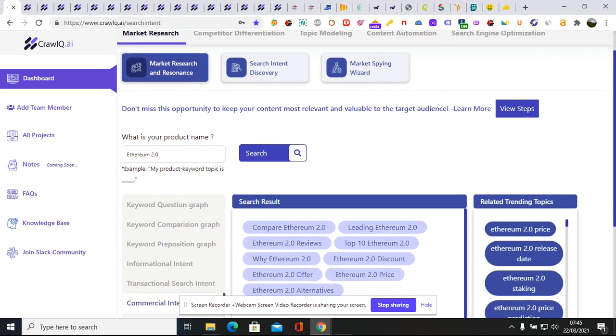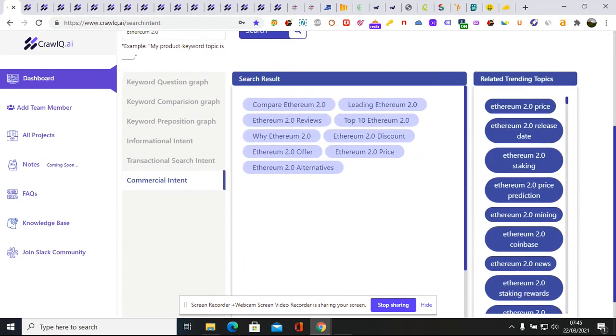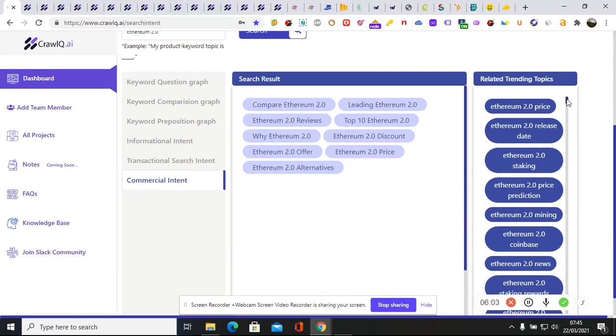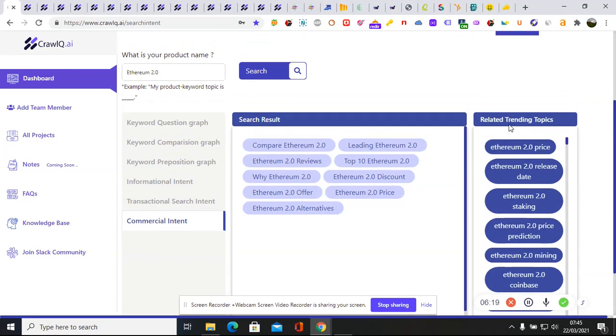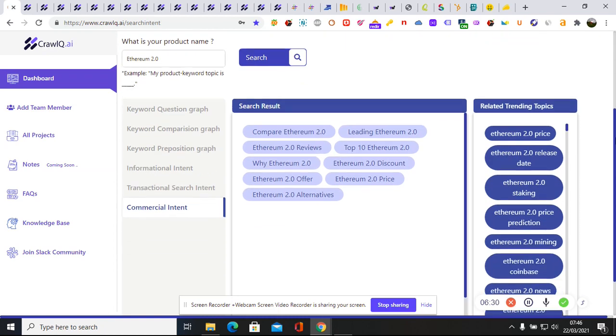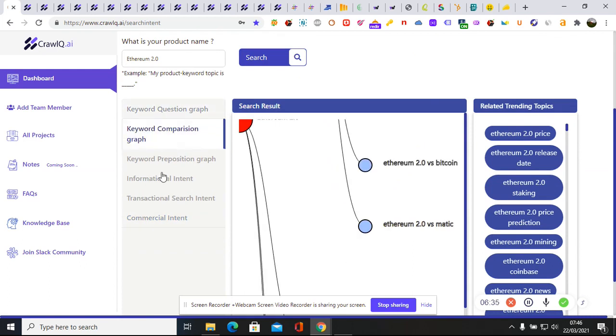This is live data coming in from Google, not the AdWords data, which is historic for the PPC side. This is what you type in the search bar. If you know anything about the live Google data coming in, it's continuously improving, continuously changing. It's also pulling in related trending topics, which I believe is the LSI from both the bottom and the top of the suggestion that comes back from the Google SERP. So it's great they're pulling this in. You've got question graphs, comparison graphs,